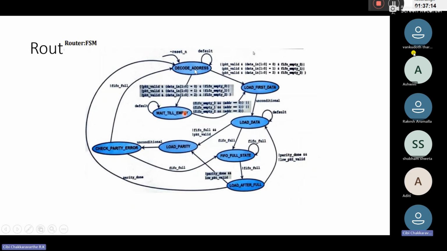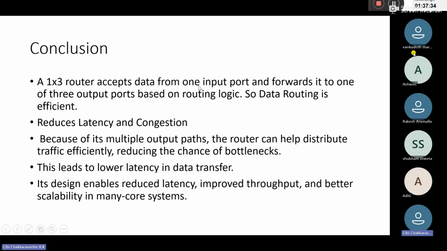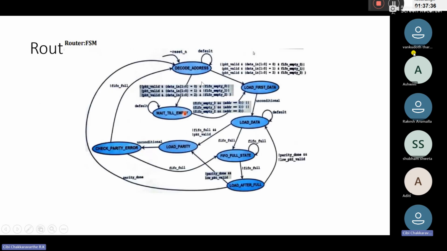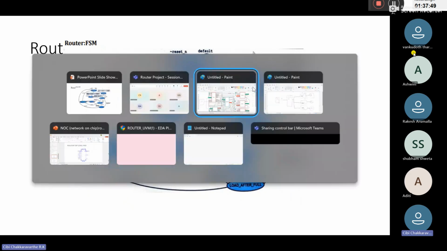But if our FIFO is full, what we do is, if our packet valid is high and our data in is showing the first destination, and the FIFO empty is not applicable, that is, our FIFO is not empty, it will wait till our FIFO gets empty. See here, if our FIFO is empty and the address is 0 or 1 or 2, any destination, it will move to load first data. So for that purpose, see here,